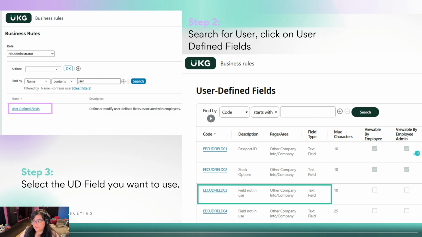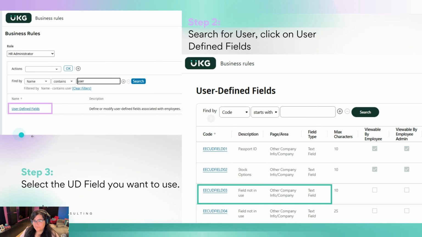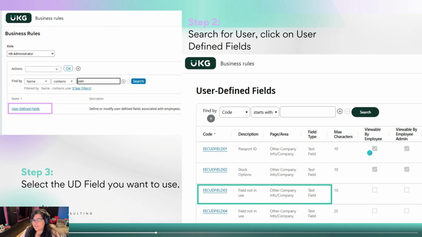And I can see boxes are checked here. Previous boxes are checked here, showing they are currently viewable to employees and potentially even editable, but you'd have to drill down to see further. Whereas this one down here, the third one, says field not in use. So that is something you'd want to pay attention to. You'd want to use the ones that say field not in use. When you do that, you can click into the hyperlink